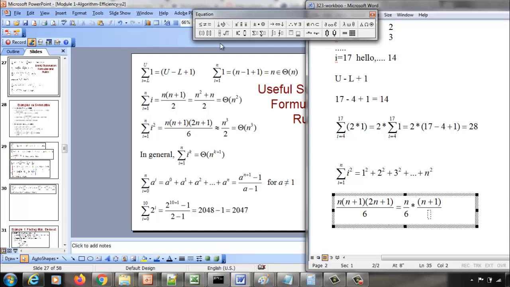Well, I'll keep it like this. I'll take the 6. Okay, let us do it more simply like this. We'll take the 1 over 6 as a constant outside overall, then it becomes easier to look at. So this is n times n plus 1 times 2n plus 1. So we can write this as